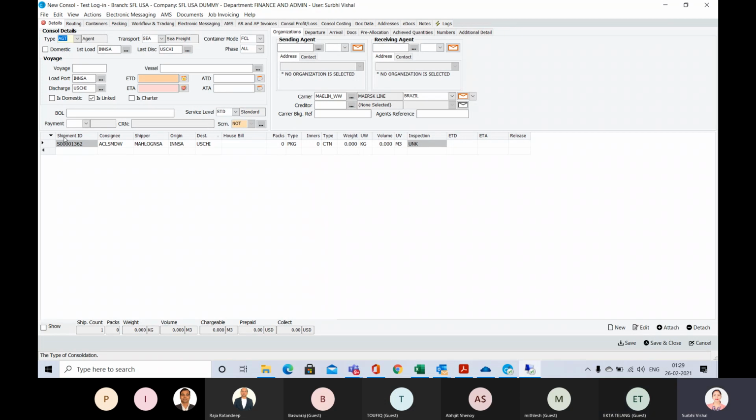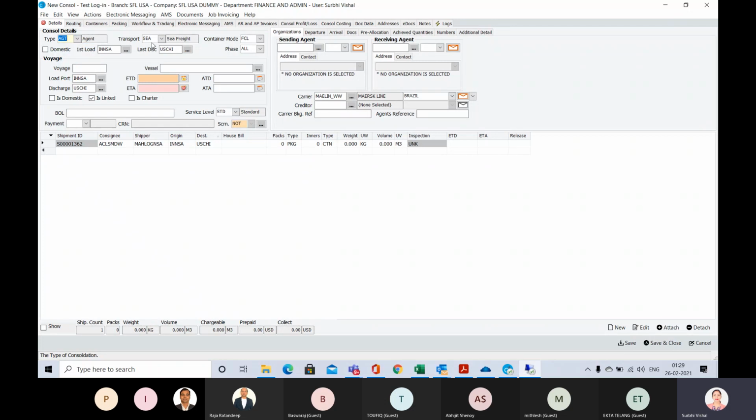Yes, Sundari. Okay, fine. So now the consolidation: suppose you got the pre-alert, and based on that pre-alert you can enter all the data like console type, whether it's agent shipment, direct shipment, or co-load.